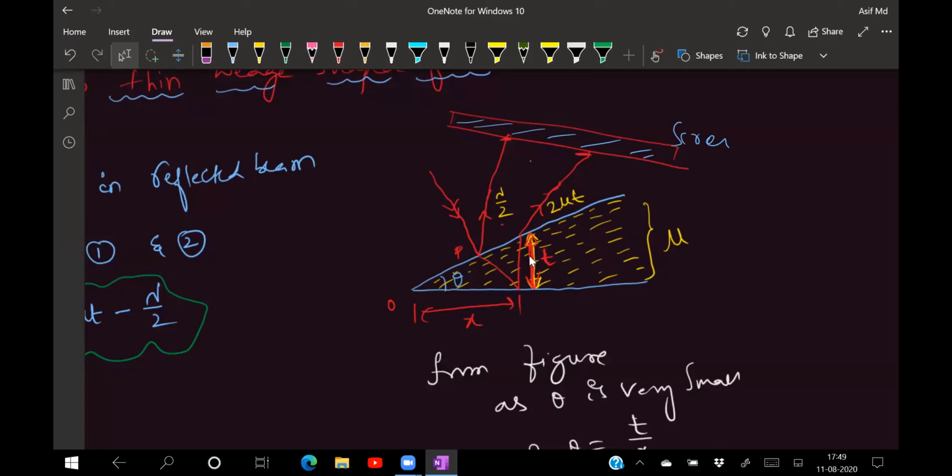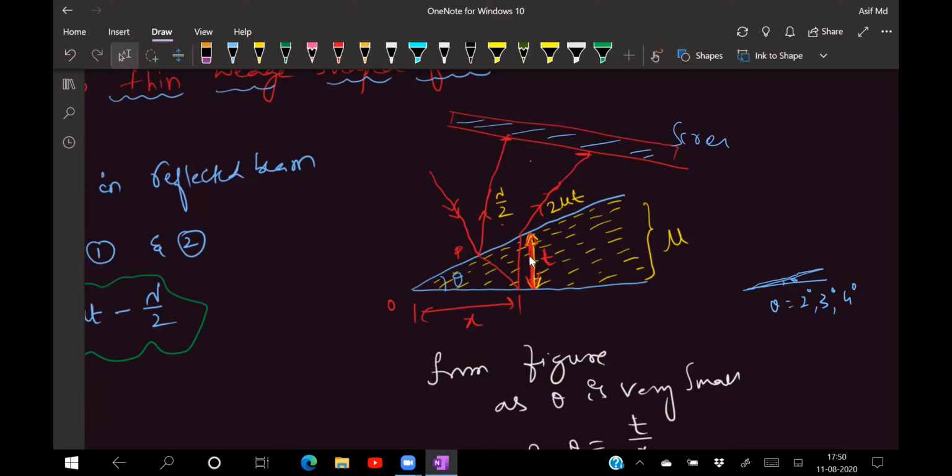This is actually with the blue light, whatever I have taken, that is nothing but a thin film. Say if this is a thin film, it is making a small angle like this. Drawing this small an angle is not possible for me. That is the reason, to make the figure very clear, I'm trying to draw the wedge a little larger in size, and the theta value you're taking is something like 2 degrees, 3 degrees, or maybe 4 degrees. So just imagine how thin it will be.